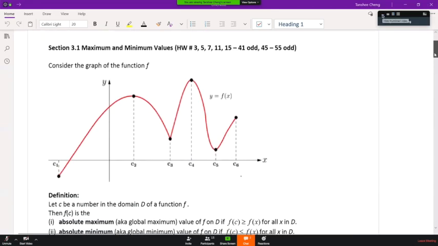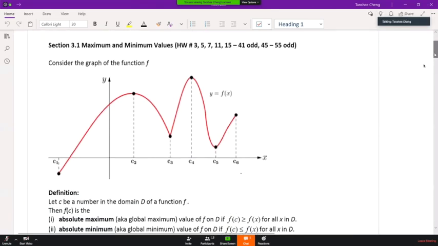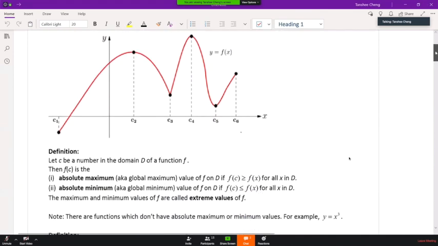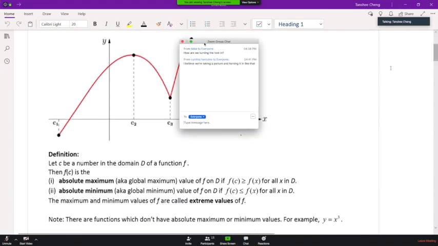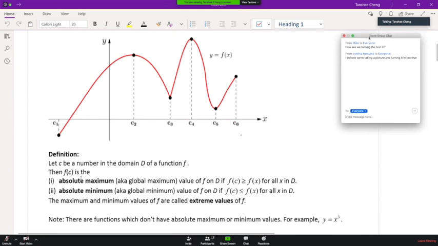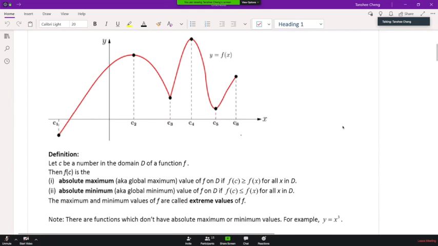So we talked about the maximum and minimum values last time. Again, quickly recalling it, if we consider the functions in the entire domain, most of the time we were talking about closed interval methods, right? So in a closed interval or the entire domain,